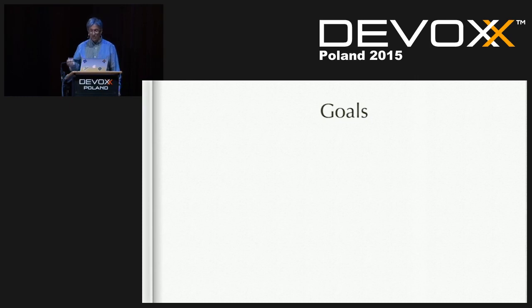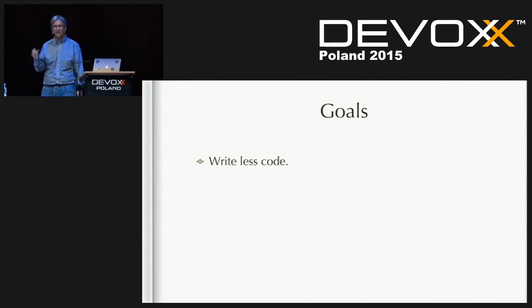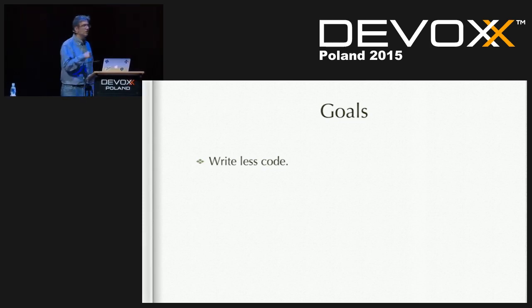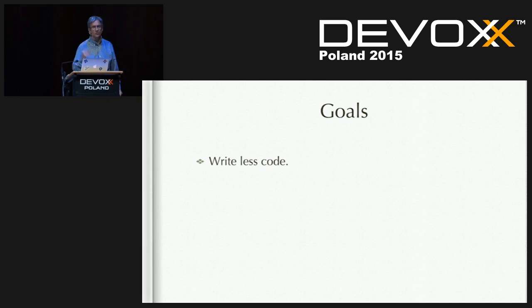Well, I don't know about you, but my goals in writing software once I kind of graduated, which means about 3 years ago, and really got to understand software development, my goals started to become more apparent. One of them was to write less code. Because unless you're getting paid by the line of code, you really don't want to be spending most of your time writing a lot of code. Why? Because then you have to end up maintaining that code. So one of my goals has been to write less code.